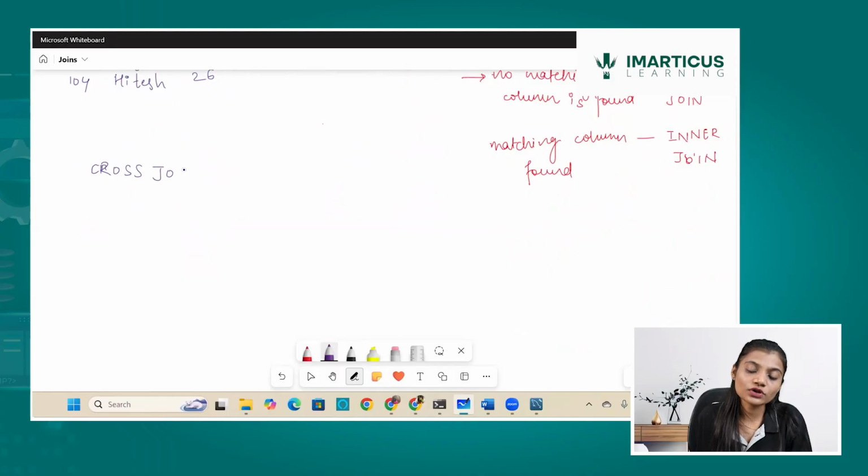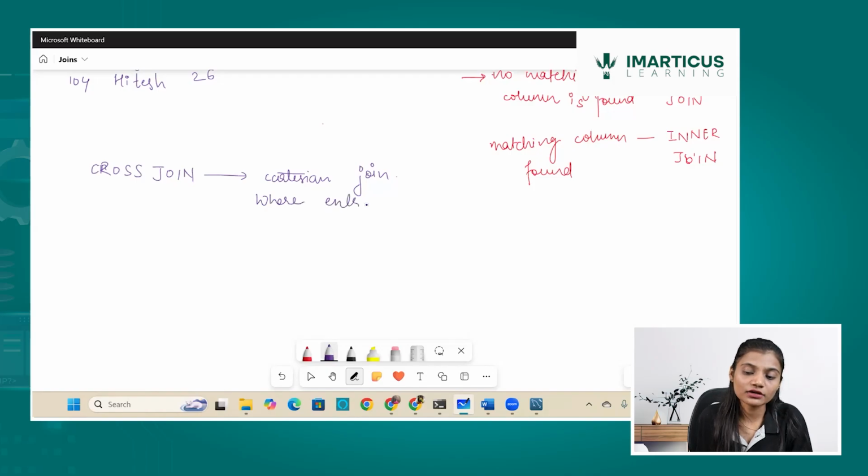So cross join, also known as Cartesian join. Now remember this term. Cross join, it's a Cartesian join. So cross join is also known as a Cartesian join, where each entry from one table will repeat itself with each entry of the other table.